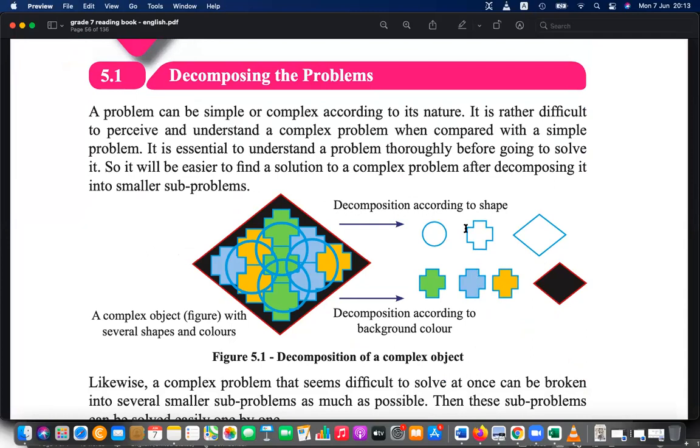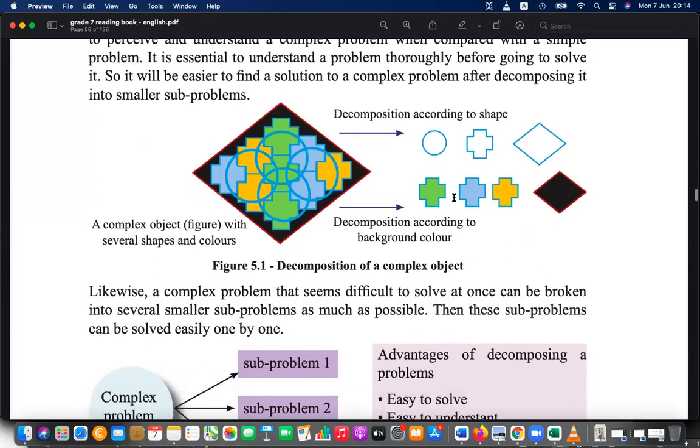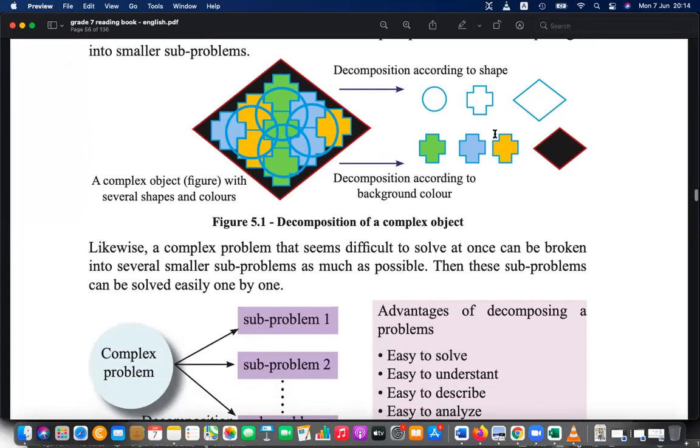Then each individual shape is very easy to understand, easy to describe, easy to analyze, easy to manage, and easy to solve. So that's why decomposition is needed in programming.